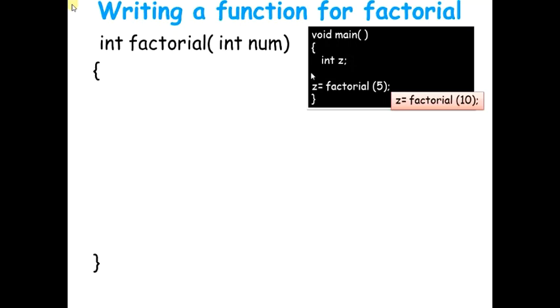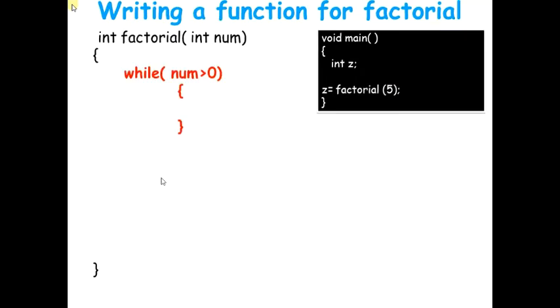Alright, going on ahead. Similarly, I'm using factorial of 4. So this way you can use this to compute factorial of 5, factorial of 4, factorial of 10, but you have to make sure that this container will hold those many values. So now over here there are different ways in which we can compute the factorial of a number. Here I've made use of a while condition.